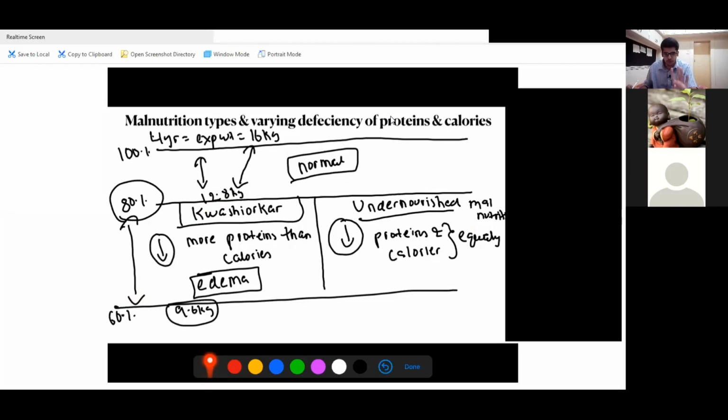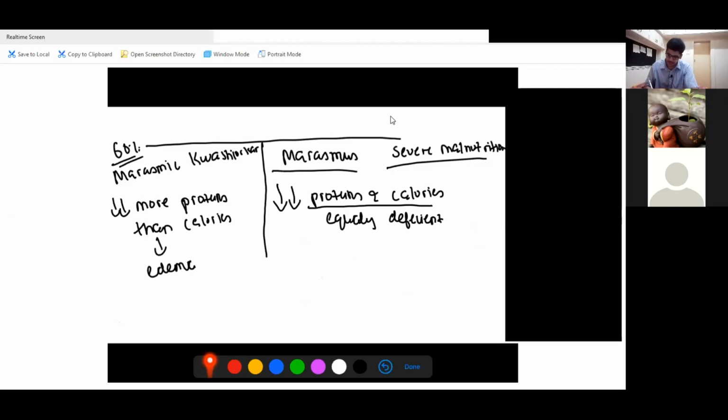All those children who are 4 years old and below 9.6 kilo come below 60% and come in this category. Once you decide your category, you can easily diagnose them because you have only two diagnoses per category. For example, a 9 kilo, 4-year-old child comes to your clinic with edema. First you use the formula and find the expected weight is 16 kilo but he is 9 kilo. You do the calculation and find he is below 60%. So there are two diagnoses below 60%: one is marasmus, one is marasmic kwashiorkor.